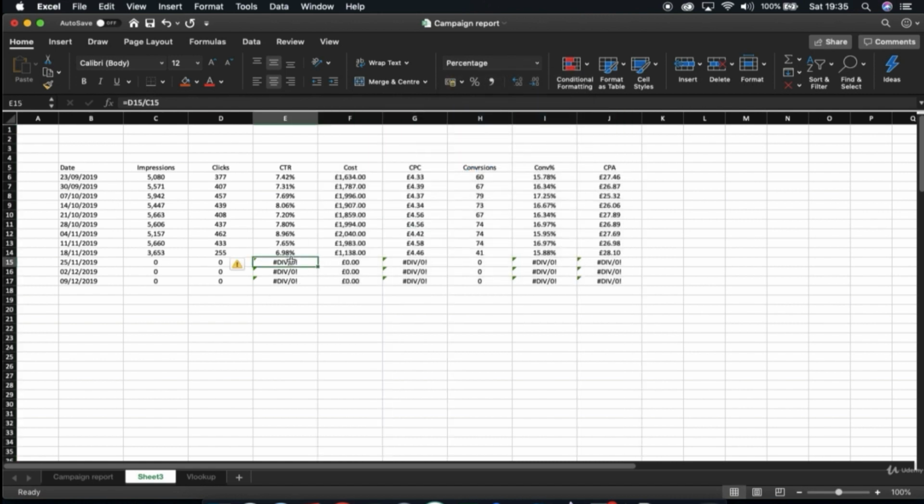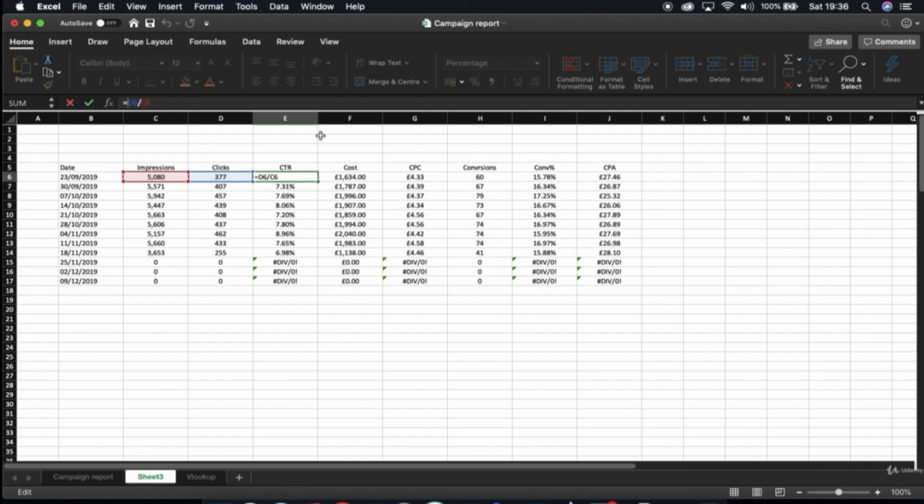You'll get these div notifications when the formula can't be done. So 0 divided by 0 isn't a legitimate formula. There's nothing it can calculate there, so it will give you this error message. If you want your reports to be a bit more tidy to look at for yourself, or if you're presenting to a potential client, you might want to tidy this up with an if error formula. And an if error formula basically is what it says in the title. If there's an error in the data, you can replace it with something that looks a little bit more neat